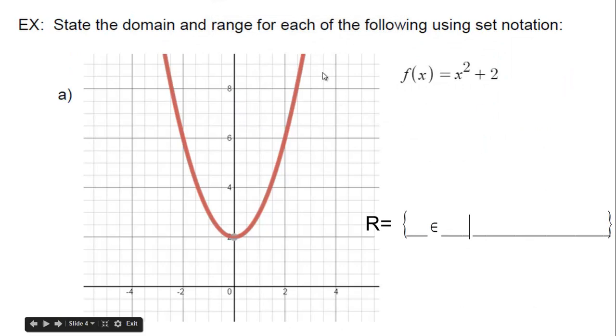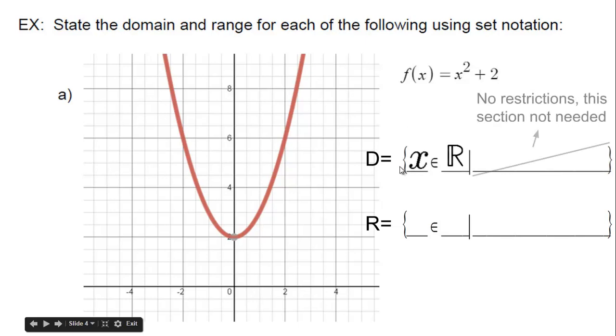Just a couple examples. We've got a parabola to start with. The domain is x an element of the reals because it could be any real number. And then we don't actually use this section here. So we just write x an element of the reals and we close the bracket. We use a curly bracket to state that because x can go on forever in both directions. Range is y is an element of the reals